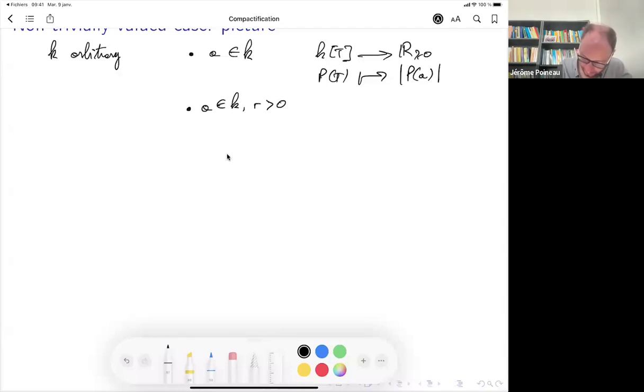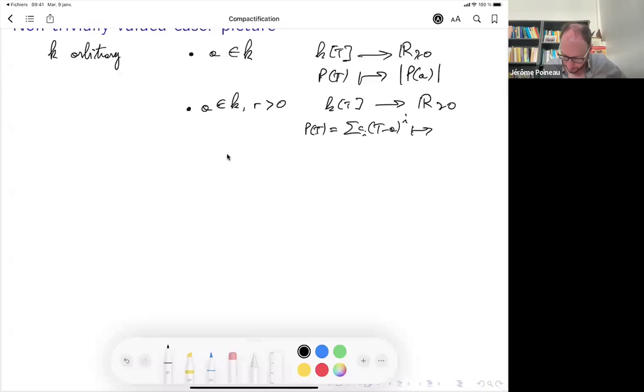You look at a polynomial and you write it in the basis of the powers of t minus a, with some coefficients c_i (t minus a) to the i, and you send that to the maximum of the absolute values of the coefficients times r to the i. And you can check that this is multiplicative.